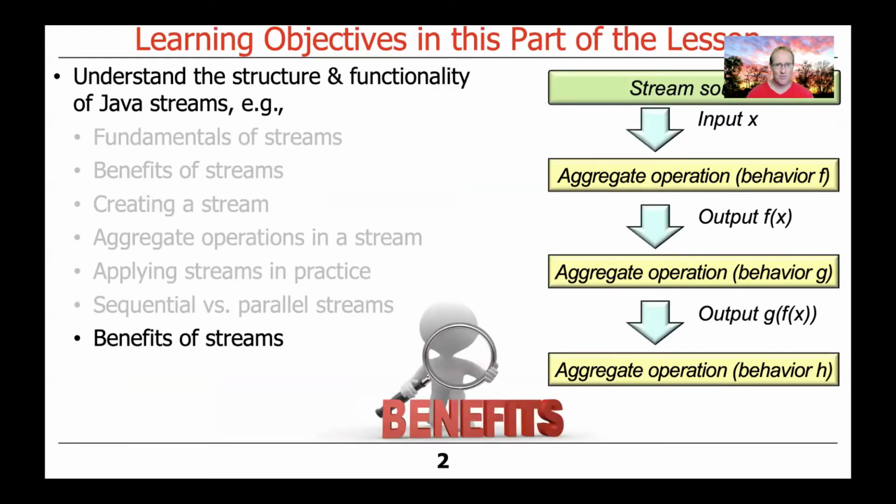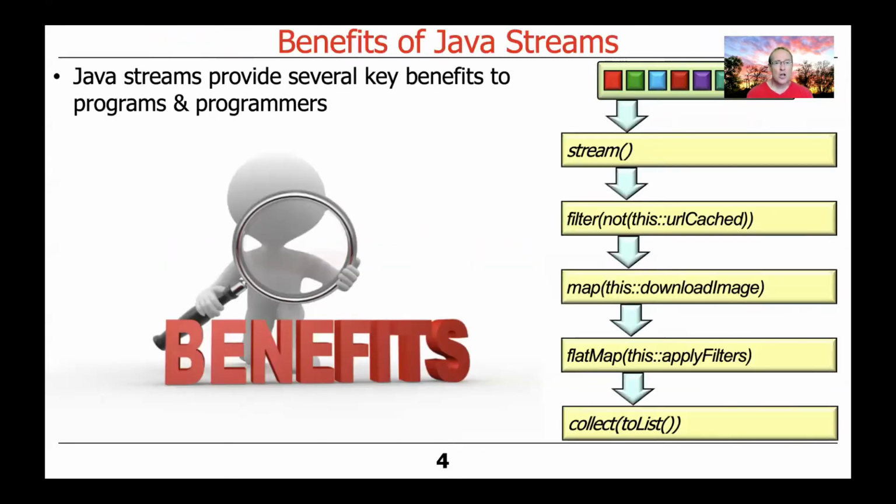There are, of course, a few liabilities, most obviously being you have to learn how they work, but they're actually very, very powerful abstractions. So I want to focus on the pros now. We'll come back and look at some of the cons later. So there's several key benefits that Java streams provide to programs and perhaps more importantly to programmers, developers who write